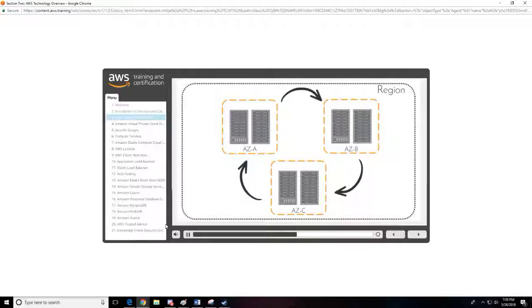For example, each availability zone is a physically distinct, independent infrastructure. They are also physically and logically separate. Each zone has their own discrete